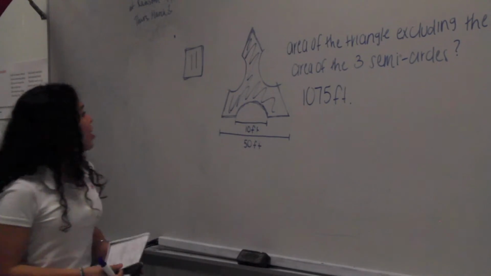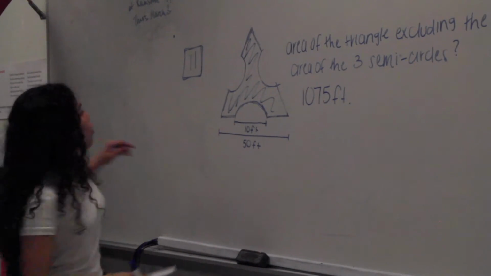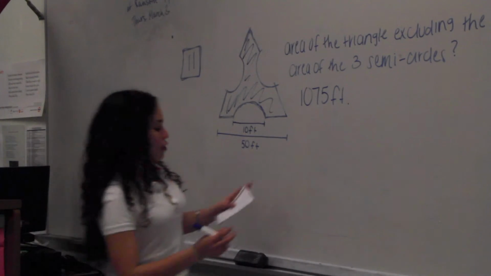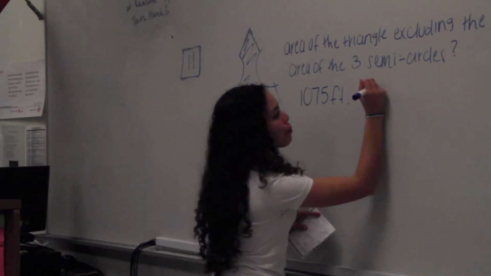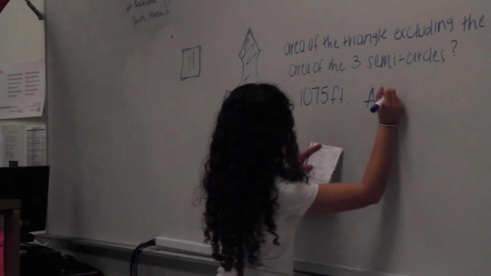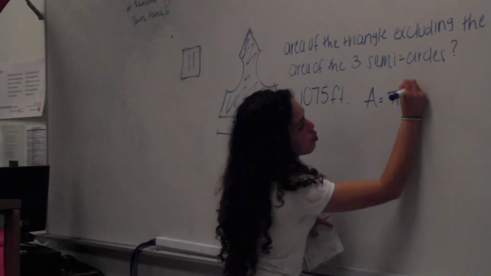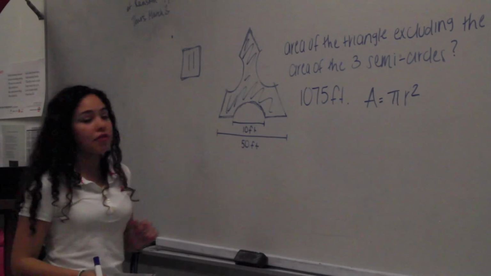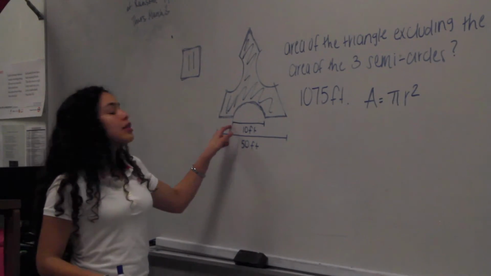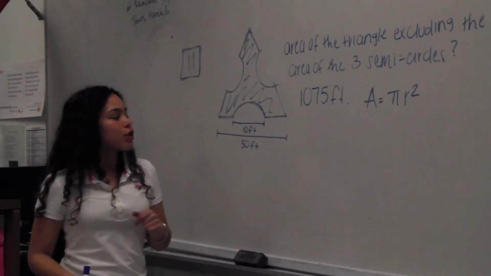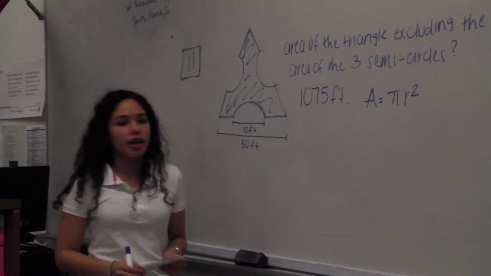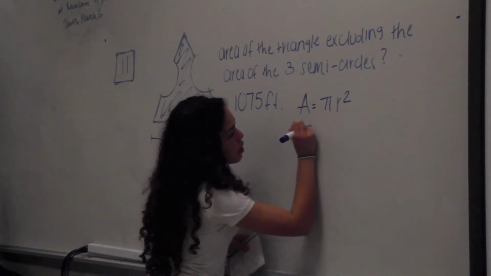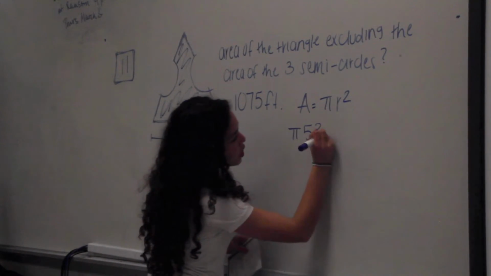Okay, so now we are going to find the area of the circle. Remember that the formula for a circle is pi r squared, right? So they give us that from here to here is 10 feet, right? But remember, this is the diameter. And when you solve for a circle, you use the radius, which is half of 10. So that is going to be 5 feet. So pi times 5 squared equals